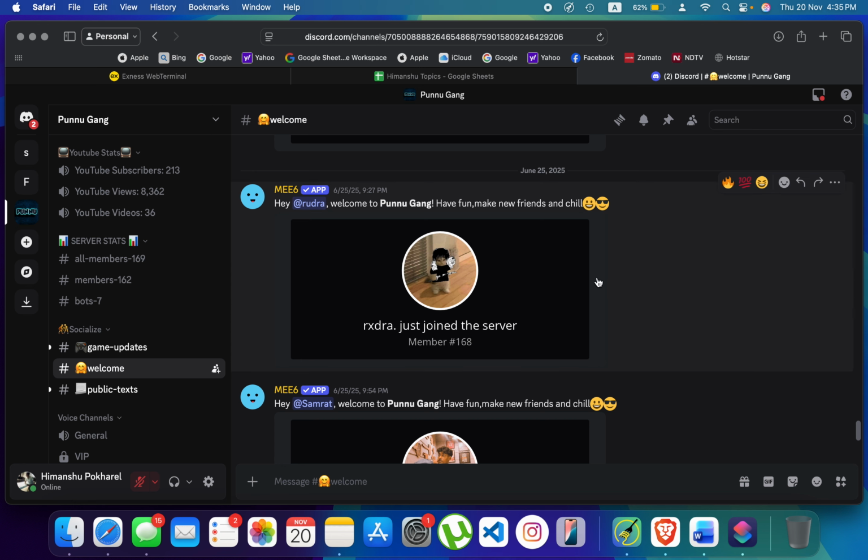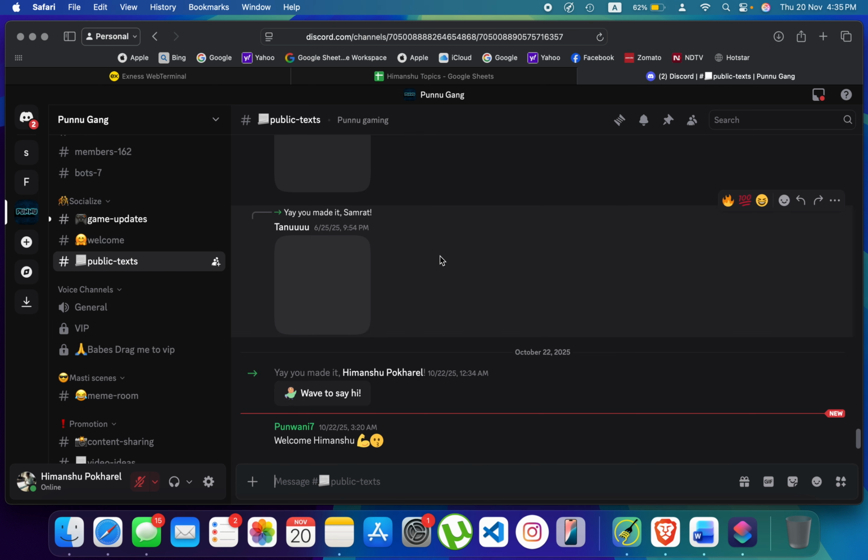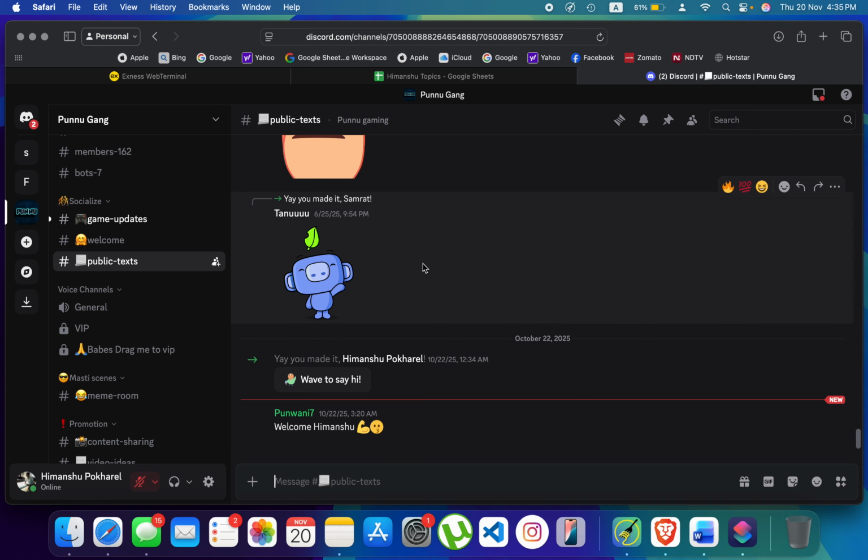So all you need to do first is make sure that you're logged into your account, and then you're already in your server, right? Once you've done that, you can go ahead and do it from multiple places. So for example, if there are any